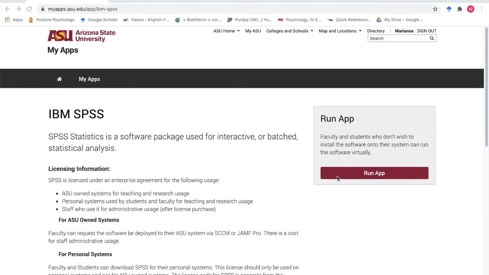If you do come across any issues while trying to download SPSS, we recommend you contact the ASU Help Desk